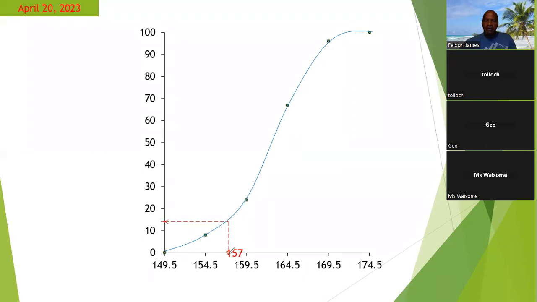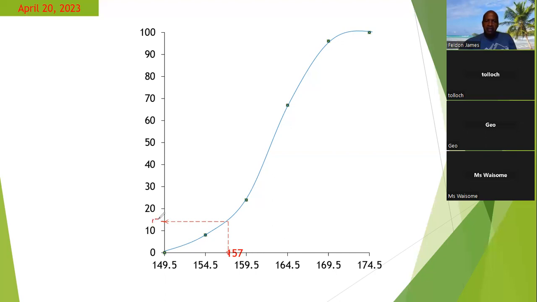So here now, the value that we're looking for is 157. So you go on your x-axis, you find that x value, 157. You draw your dotted line to meet your ogive, then you come across to meet your frequency. Now the value that you read from the frequency would only give you the number of men with height of 157,